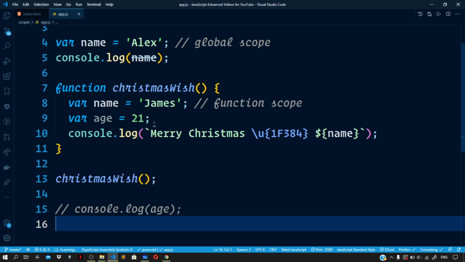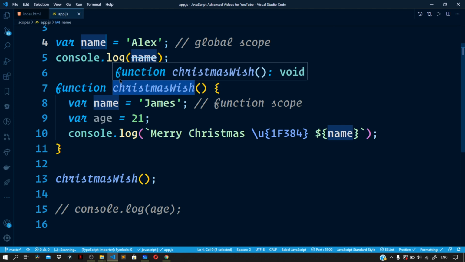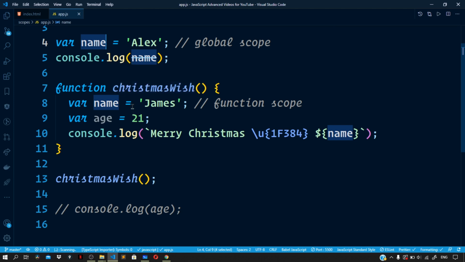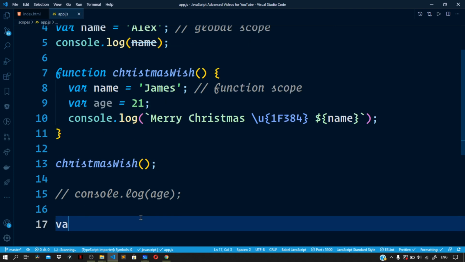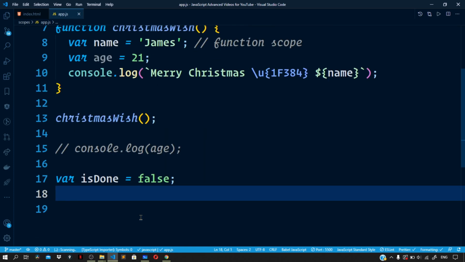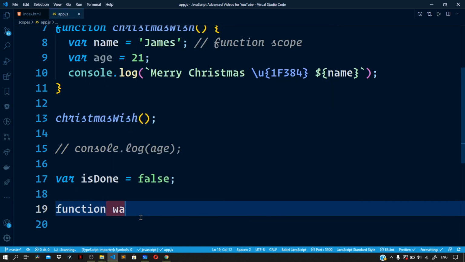Now the first, as I just mentioned, that the variables that you define in the outer scope, for example a variable that is defined outside the function like this name variable, can be accessed within the function too, but a variable that is defined inside a function cannot be accessed from outside the function. Now let me demonstrate this with the help of an example. Let us first define a boolean variable, again using the var keyword, isDone, and let us set this to false to begin with. Now right here let us define a function and name it as waterPlants,